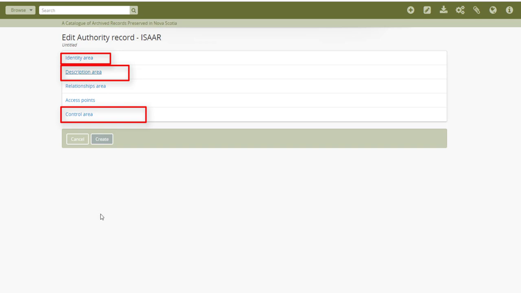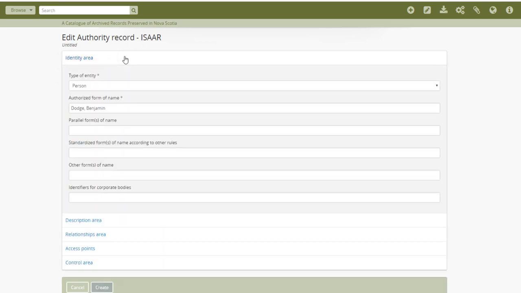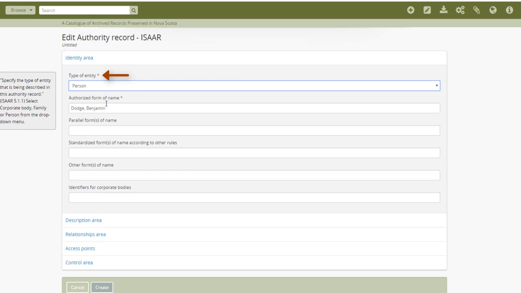So let's create the example authority record for Benjamin Dodge, and we'll go into the identity area. So type of entity, and we know that he is a person. Authorized form of name. You want to put last name and then first name. And then if you can fill out the rest of these sections, or some of these sections, please feel free